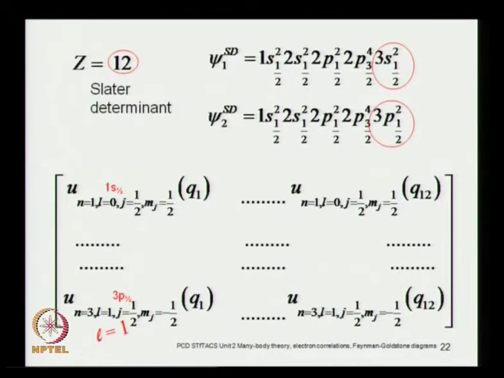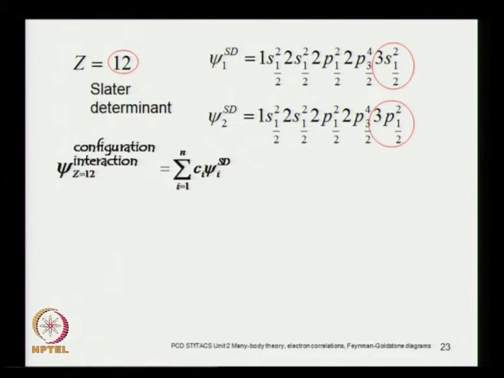And that is what makes many body theory very challenging. Okay. And all this is happening because of the electron correlations. So, there are these possibilities, and the configuration interaction wave function is now a linear superposition of all these Slater determinants,